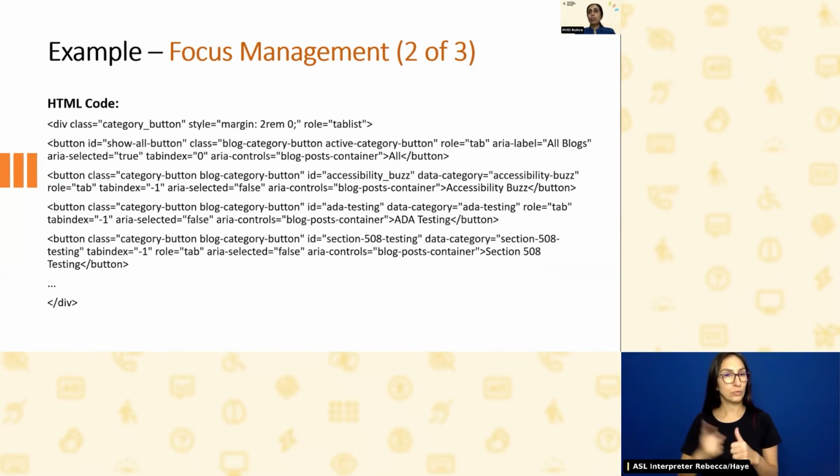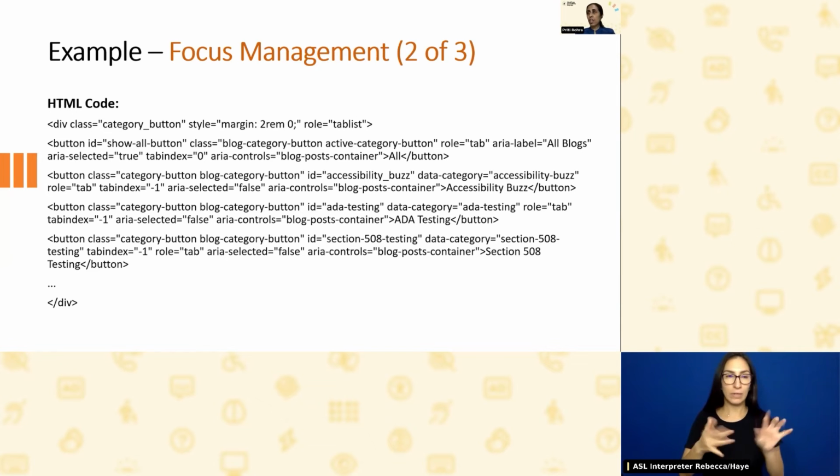Even though we have used the button tag, you would see we have given tabindex 0 for each of these buttons, which have a role of tab. And for the inactive tabs, yes, tabindex is -1. Because in a tabbed interface, if all the tabs are tabbable, then it becomes a poor user experience for keyboard-only users. What keyboard-only users are used to, or a standard interaction method for tabbed interfaces, is that you tab to the active control, and from that point onwards, you would use your arrow keys.